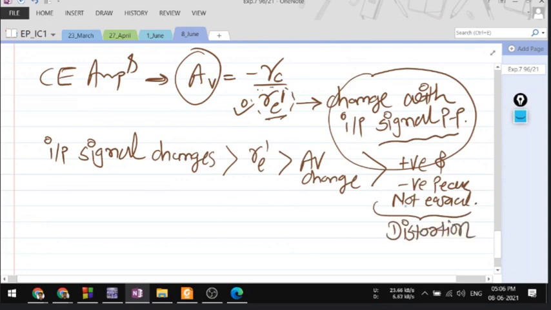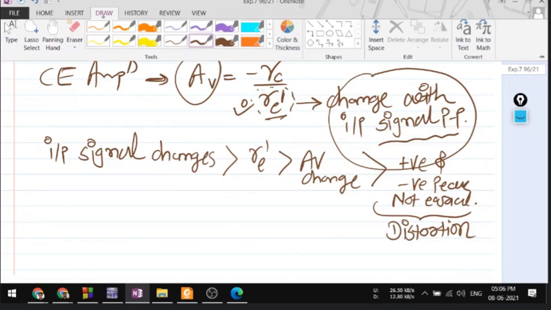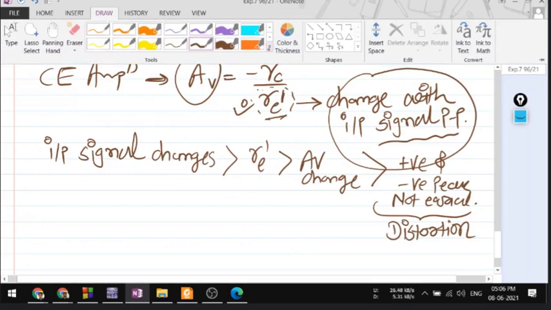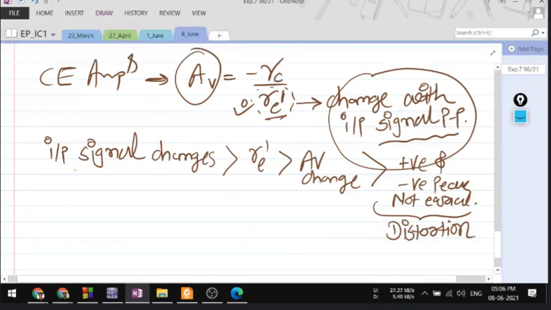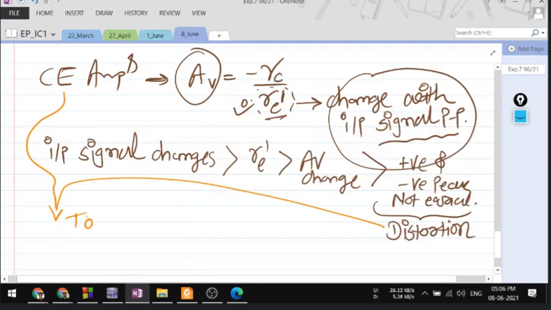So how to avoid this distortion, student? What is the solution? If you want to avoid the distortion, in a CE amplifier, distortion is there, right? So to avoid distortion,